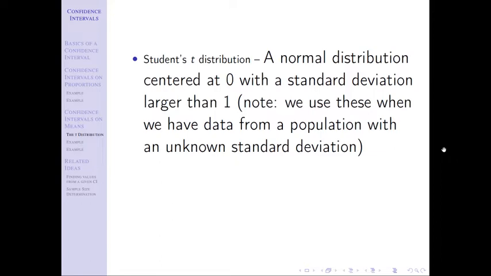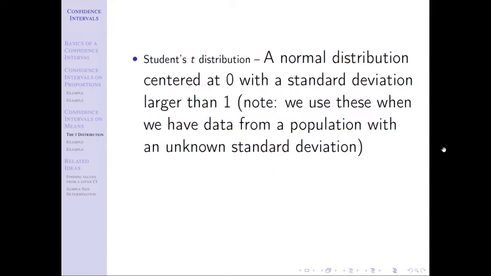because when I specify the shape, center, and spread of a distribution, those are all of the unique identifiable characteristics of that distribution. So when we say a normal distribution with a mean of 0 and a standard deviation of 1, there's only one that fits that description. It's the z-distribution. And further, I could say a normal distribution with a mean of 5 and a standard deviation of 7. There's only one of those too, right? When I specify all three, there's only one that looks like that. That one just doesn't have a name. The one that's normal, mu of 0, standard deviation of 1, has a name, and that's the z-distribution.